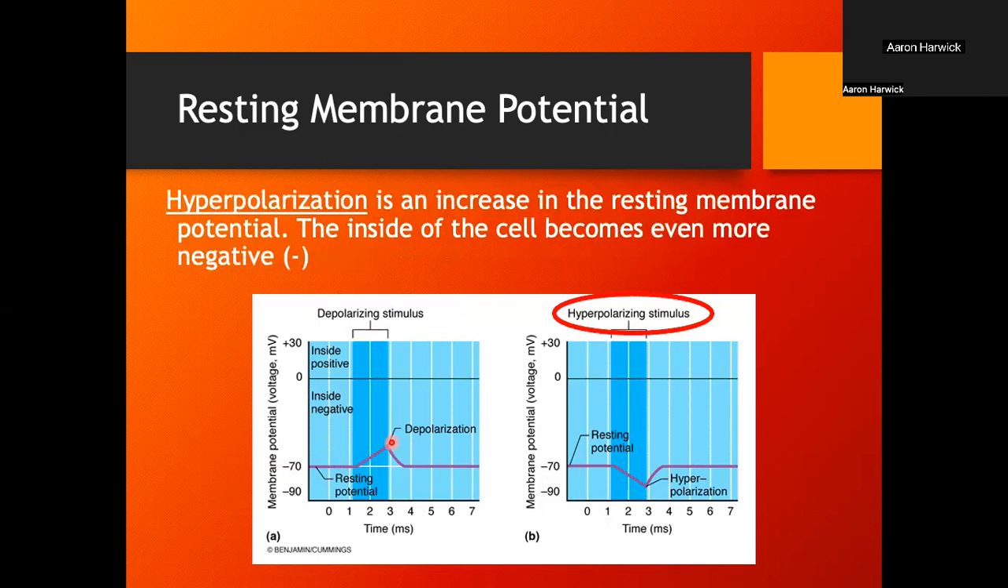Hyperpolarization is the opposite. So this is an increase in the resting membrane potential. So this is generally the cell becoming more negative. So after a depolarization, you need to hyperpolarize or repolarize. There's different ways to say it. You repolarize the cell by hyperpolarizing it. So what you do is you start with the changes you made from the depolarization, when you started exchanging some of the ions inside for outside and changing the charge. You basically would reverse that process, put what was originally inside back inside, what was originally outside back outside,